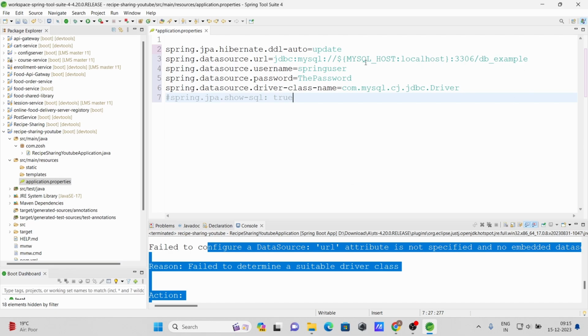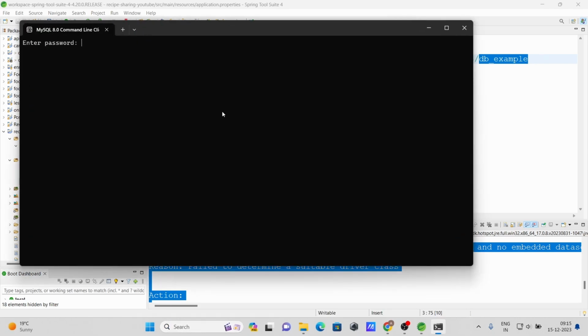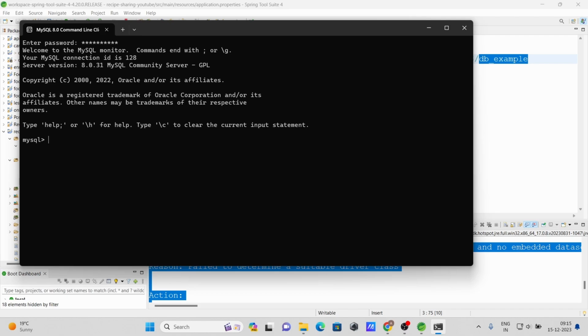So local, this is our MySQL URL, and here we need to give our database. Guys, of course you need to install MySQL in your local machine if you haven't installed. So install MySQL in your local machine, and then create one database. So let me create one database,